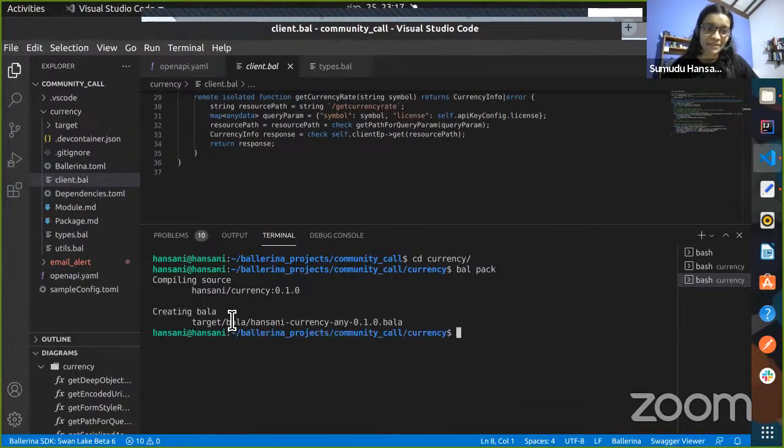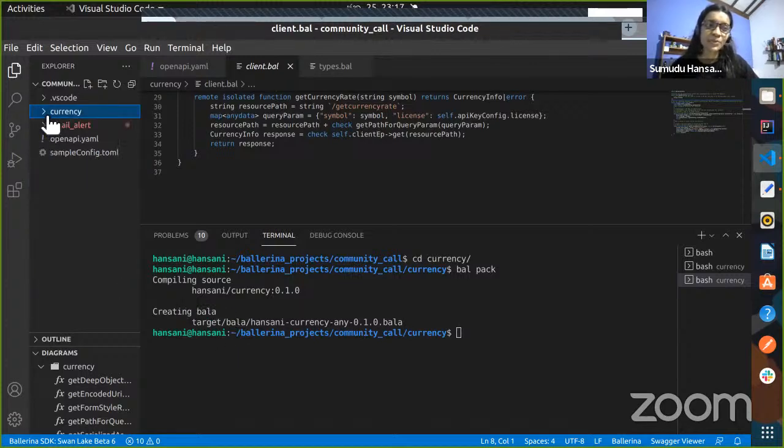You can see that my Bala file is also created under the target directory. Then I needed to push this generated library as a package to my local repository, because I'm going to use this connector in my future applications. There I use the bal push command. Here I use bal push with